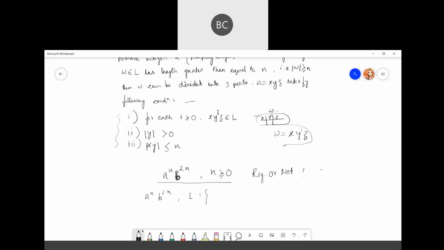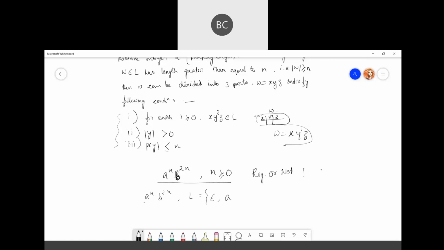The language is the collection of substrings, and n should be greater than or equal to 0. The main condition is, if there are n number of a's, then there will be twice that number of b's following. The smallest will be epsilon, because a^n with n equal to 0.